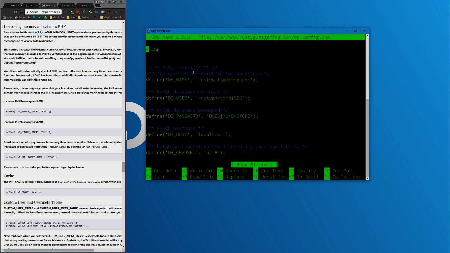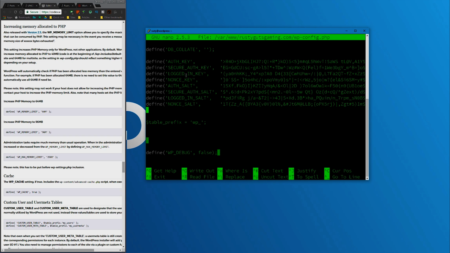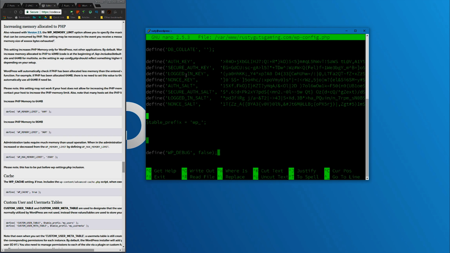Now, note that everything in here is very sensitive for your website, and you do not want any of this information to leak out to other people. Since this is a test site, it's not a big deal. But for example, you don't want people to know your MySQL database, especially your MySQL database password, and really anything in this file, your salt keys. Everything in here is pretty sensitive, and you definitely don't want people having control over this file. Luckily, EasyEngine does a good job at securing this file,